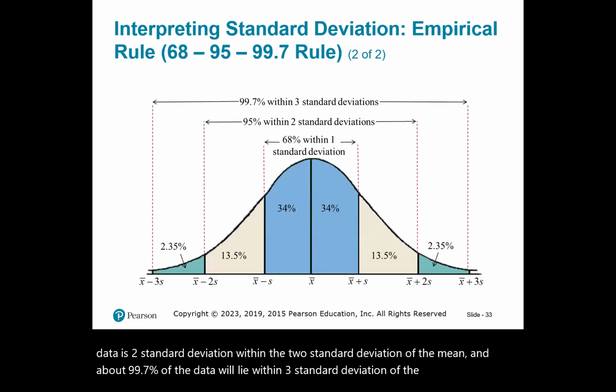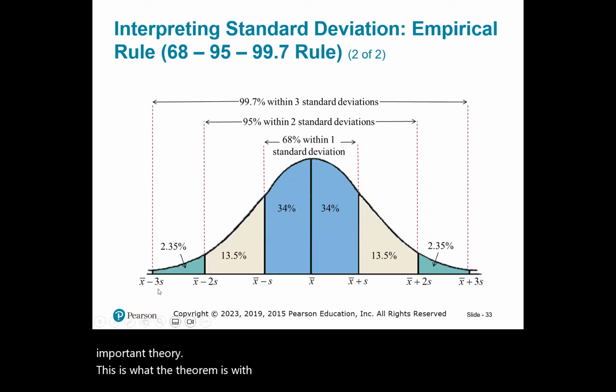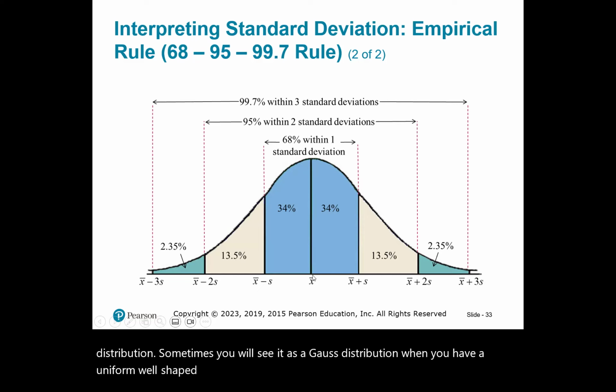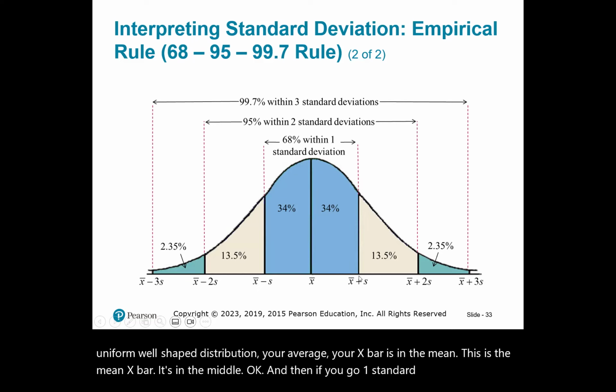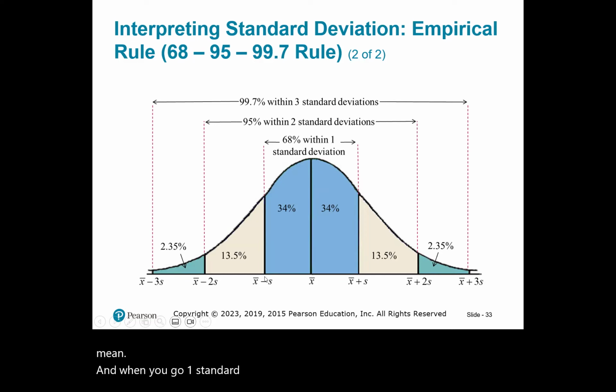It's a very important theorem. This is what the theorem looks like in a pictorial notation. This is a symmetric bell-shaped distribution. Sometimes you will see it called a Gauss distribution. When you have a bell-shaped distribution, your average, X bar, is the mean, and it's in the middle. If you go 1 standard deviation above your mean and 1 standard deviation below your mean, 68% of your data